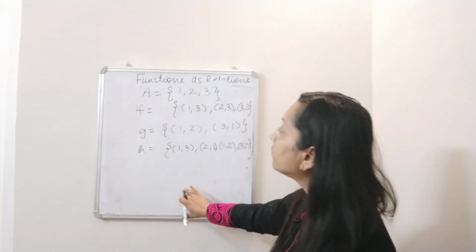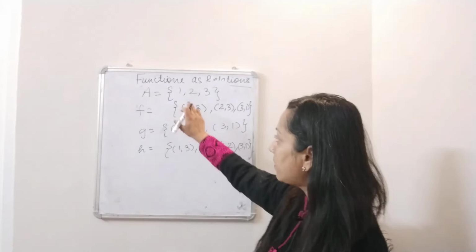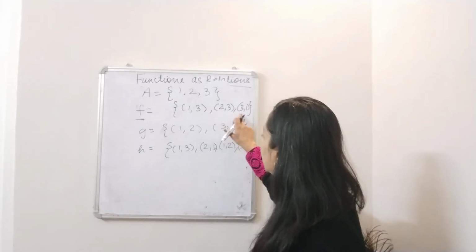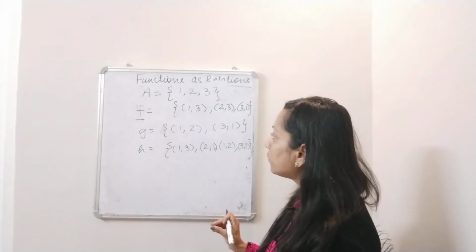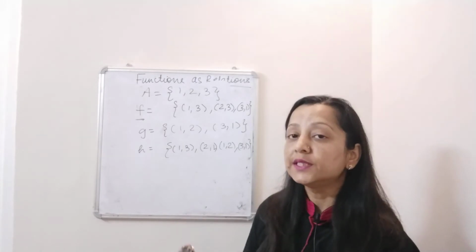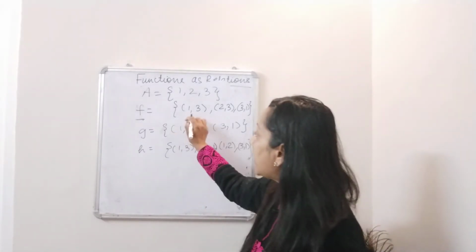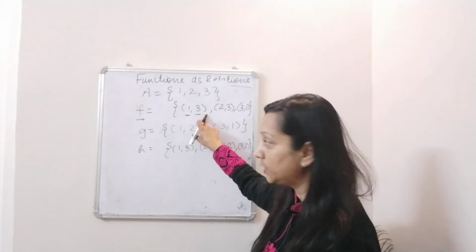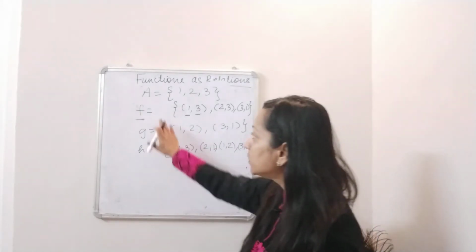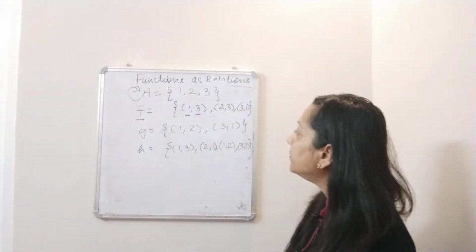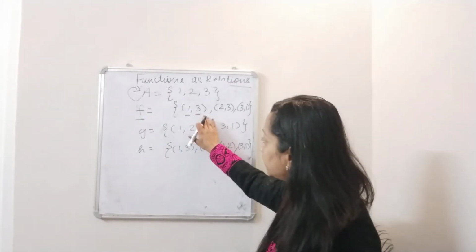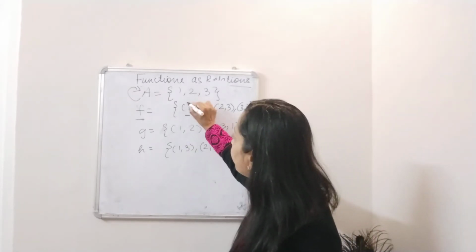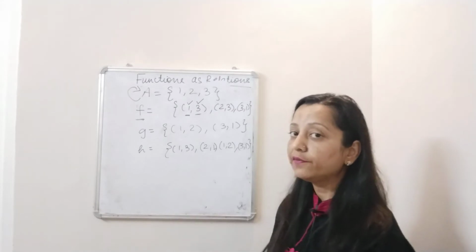So we are taking three different functions on the same set A. Set A has elements 1, 2, 3. Now the first function f is {(1, 3), (2, 3), (3, 1)}. Just like in the case of relations, if a relation is from set A to itself, then in the coordinate pairs the first element will also be from set A and the second element will also be from set A. Similarly in the case of functions, if it is a function from set A to itself, that means in the graph of the function, that is the relation for the function, both the first and the second elements in the coordinate pairs will obviously be from set A itself.